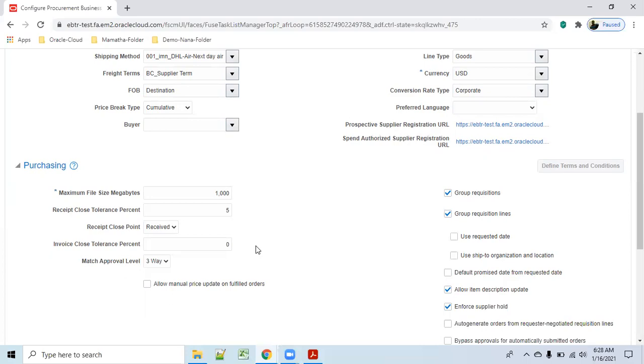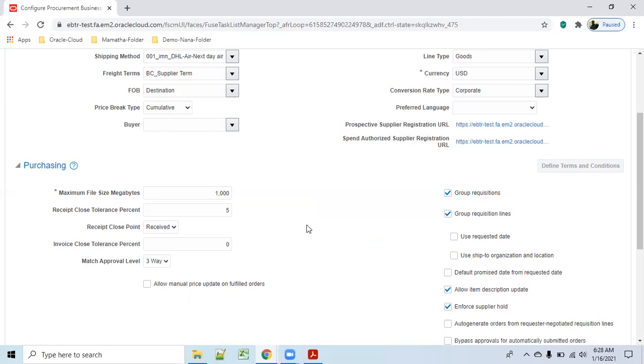Most cases it won't be applicable. This receipt close tolerance will be applied for FMCG or items that have weight or liters as the UOM. If it is each, it may not be suitable.